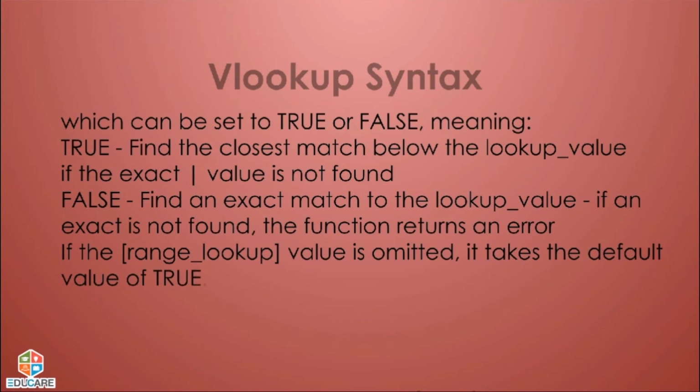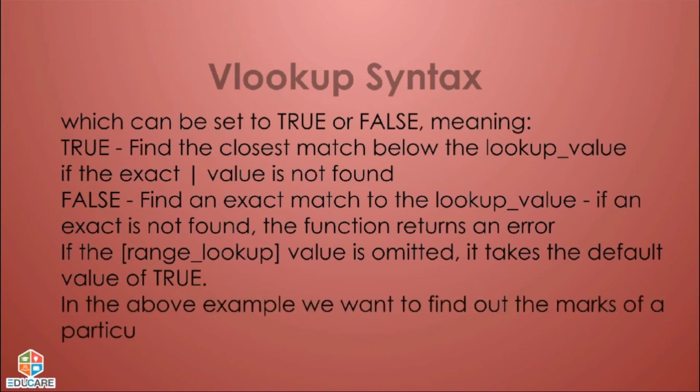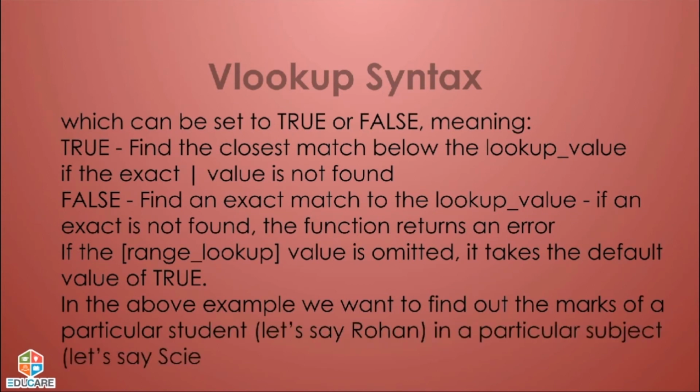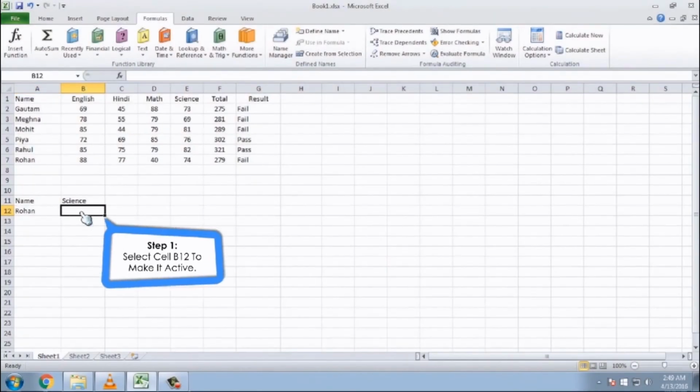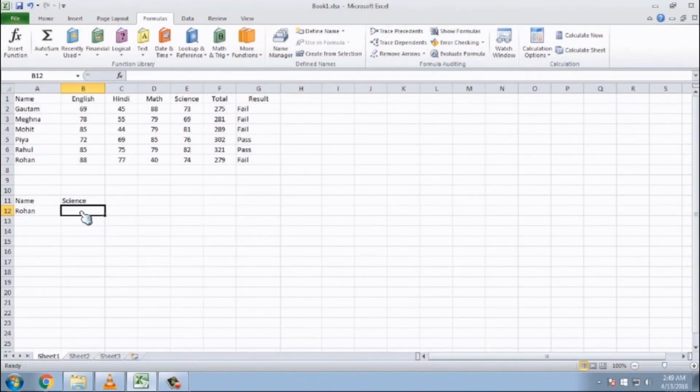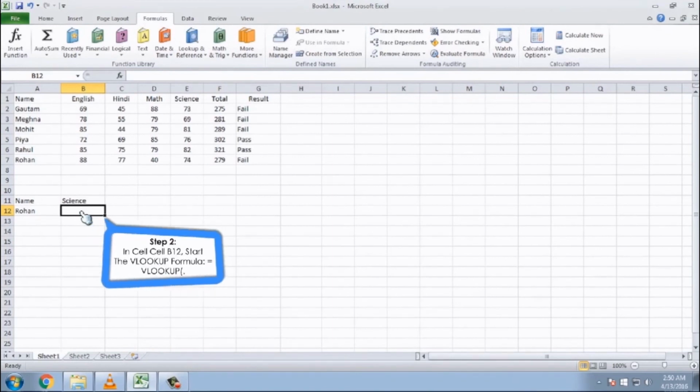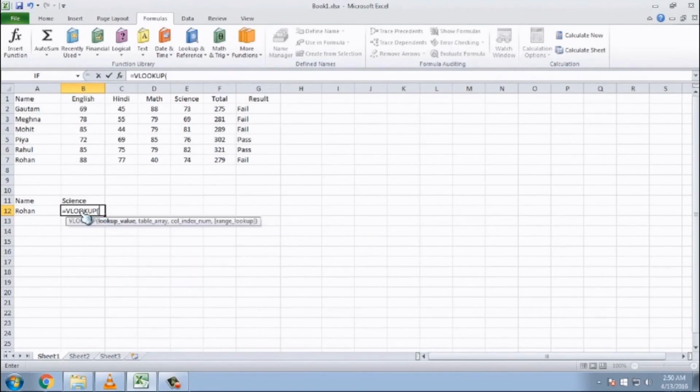In the above example, we want to find out the marks of a particular student, let's say Rohan, in a particular subject, let's say Science. Step 1. Select cell B12 to make it active. Step 2. In cell B12, start the VLOOKUP formula: =VLOOKUP(. Step 3.